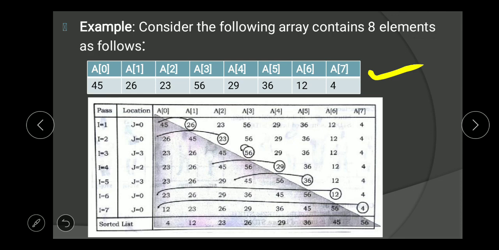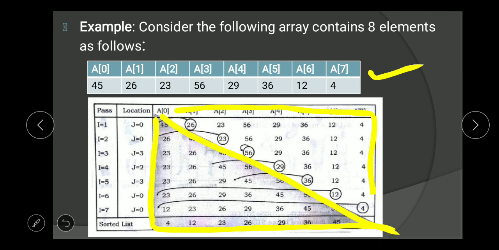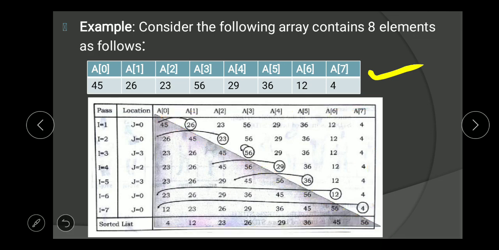Here there are two partitions: this is the sorted list and this one is the unsorted list. Here i is the index number and j is the location.